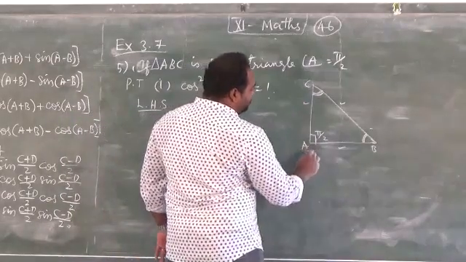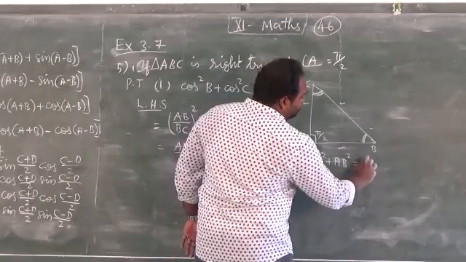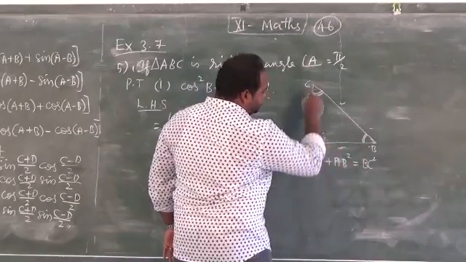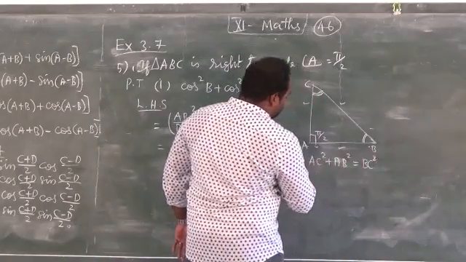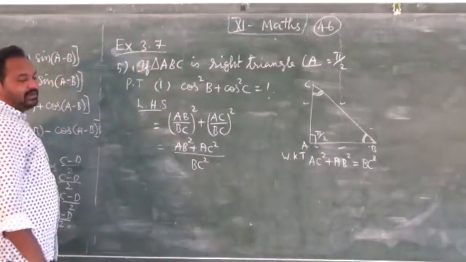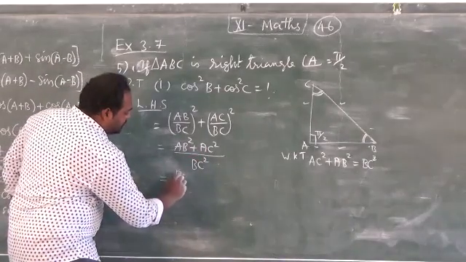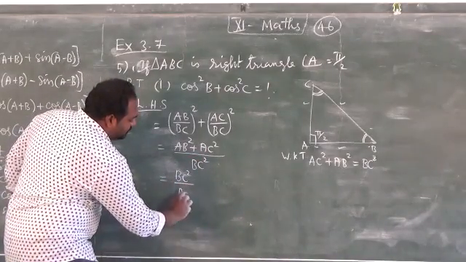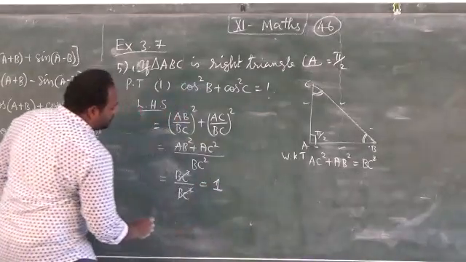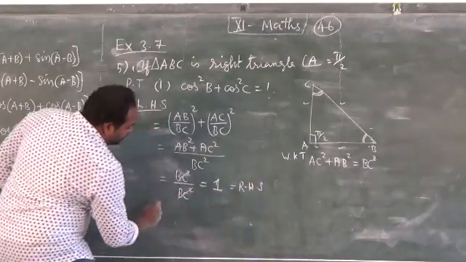Here by Pythagoras theorem we know that AC square plus AB square equal to BC square. So AB square plus AC square can be written as BC square by BC square. So both are same. So if you cancel it, you will get 1, which is right hand side. Hence